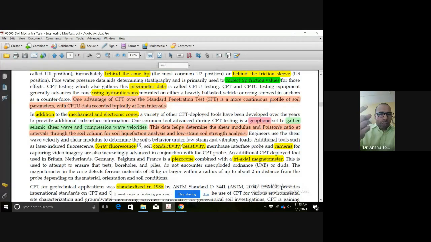Whereas in SPT, what we are seeing is that after every 2 to 2.5 meters, we get the strata in terms of the N number of blows, for a generic value, for a total of 15 centimeter. So for the next 45 centimeter, you are getting data, which can be indirectly put into the formula, but it is not that fine a calculation, it is not that fine data as compared to CPT.